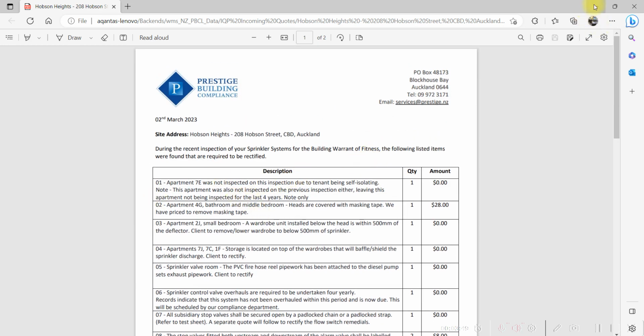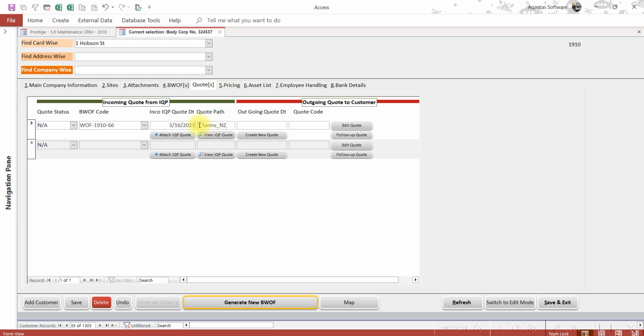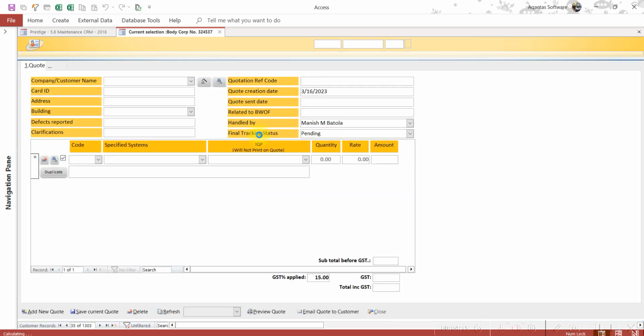Now against this quote which you receive from the IQP, you need to create a quote to your customer. So we made it very easy for you. All you need to do is click on this button, Create New Quote. But remember it should be for this WOF, it's going to be related to that WOF. So I click on this button, Create New Quote, and see, it opens the quote